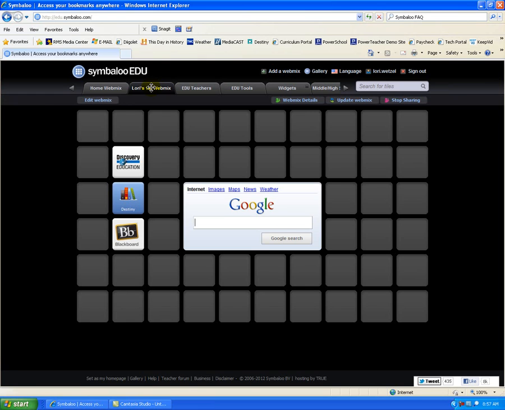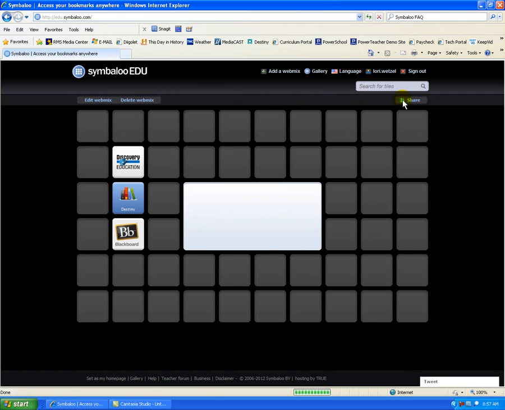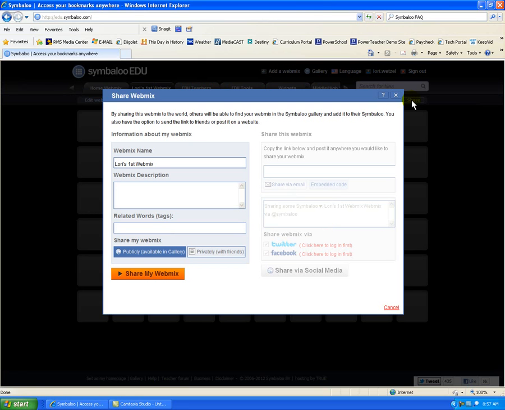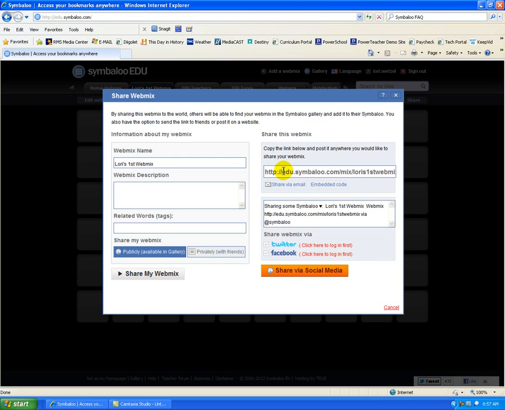Like any good Web 2.0 tool, you have the ability to share your web mix. So I had already clicked on this. Yours is actually going to say share. So I'm going to go ahead and click on share to demonstrate what this process looks like. You fill in the name, you fill in the description, you can fill in tags, and if you think you've got a great web mix that you should share, share it publicly. Now I'm going to go ahead and click on share my web mix, and what happens is that Symbaloo will